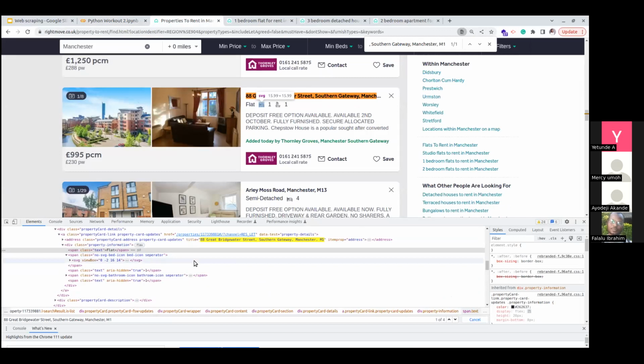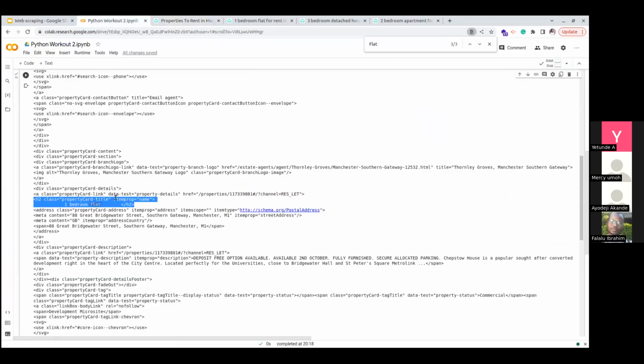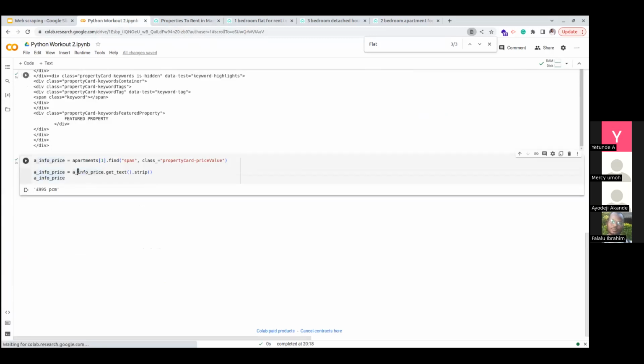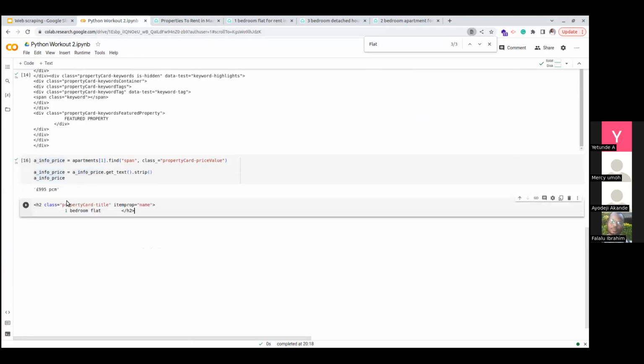This is where you have to be very creative, because as you see, Beautiful Soup did not pull this data as we've seen it here, but we can see that a piece of that data is somehow here, just represented in another way. We wanted to know if it's a flat, and maybe a 2-bed flat or 3-bed flat. I will copy this thing here, and I want someone to look at the code I've written and tell me how I can extract this information.